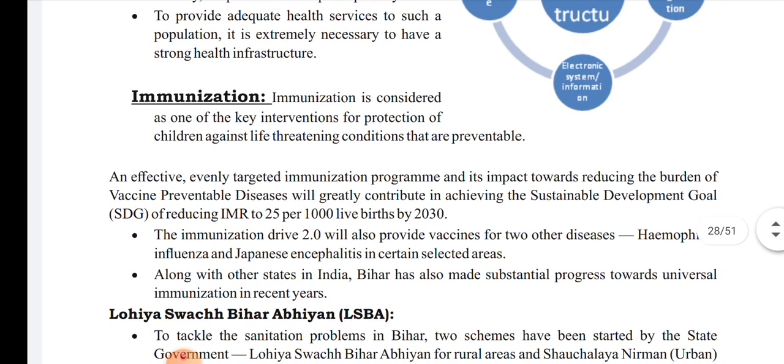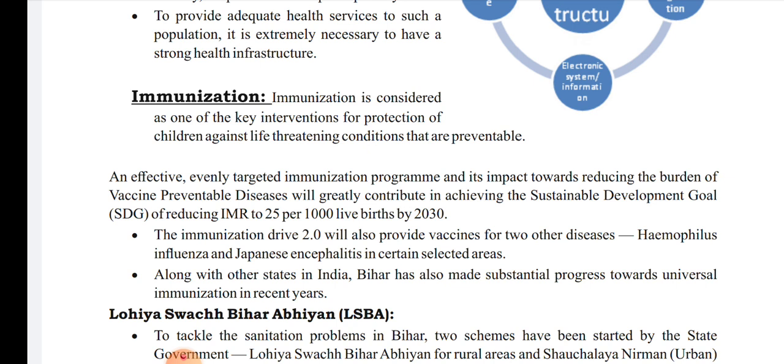And with that, we also have the program of immunization, which is effectively an event targeting immunization that impacts towards reducing the burden of vaccine preventable disease. So again, if you are immunized, obviously the preventable disease can be tackled in the first place before occurring, and it contributes very greatly in achieving the sustainable development goal for reducing IMR to 25 per thousand live births by